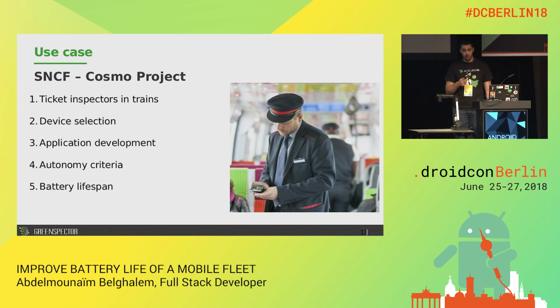which means if your application makes the battery die in 3 or 4 hours, this is not a thing you want to have, especially since they are in trains, so it means that they either have to have another phone in their pocket to end the day, or an external battery, which is heavier and not a solution. And of course, in terms of battery lifespan, this is very important